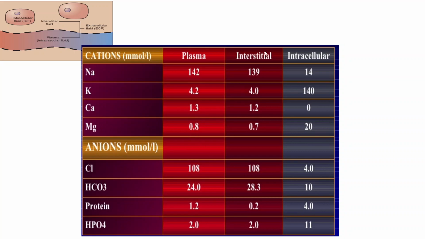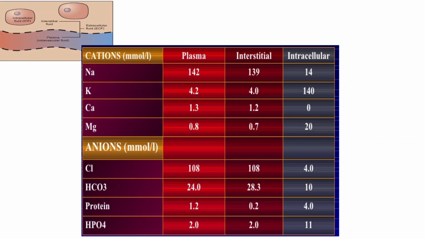Whereas potassium is primarily intracellular. The concentration of potassium in the intracellular space is around 140, whereas in the extracellular plasma space it is around 4. Similarly, for bicarbonate ions, the intracellular space is around 10, whereas in the extracellular space it's around 24, so almost double. This kind of difference is maintained continuously by an active, energy-consuming mechanism of pumping out specific ions as well as pumping in specific ions, so that along with the ions the water is also exchanged, and hence the quantity of water is maintained.